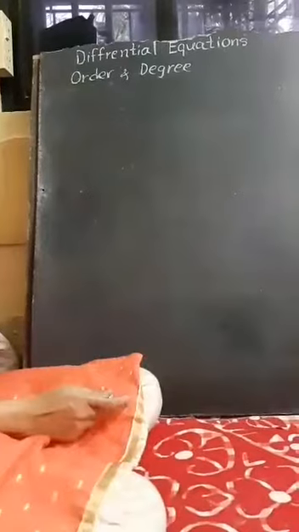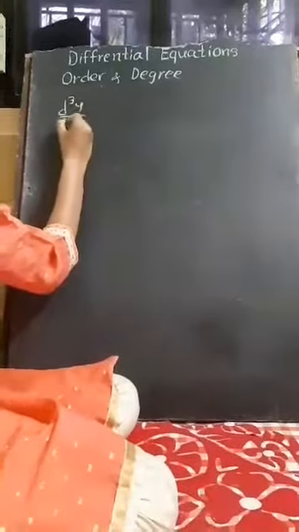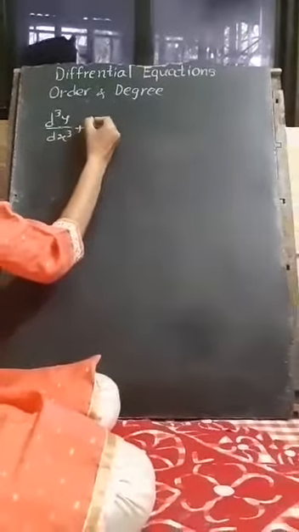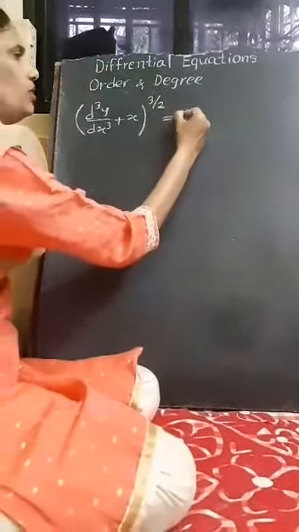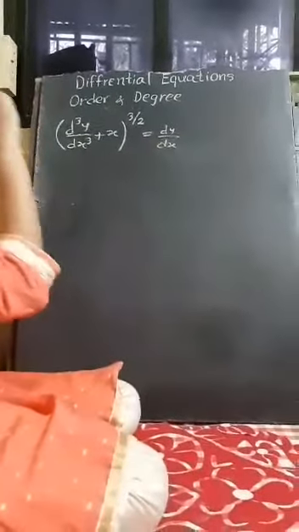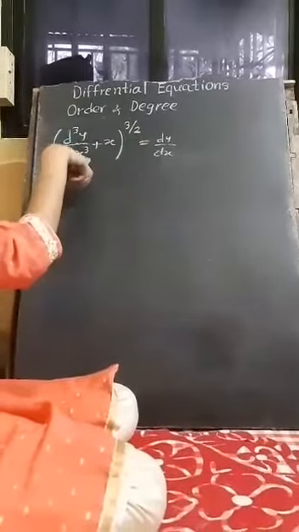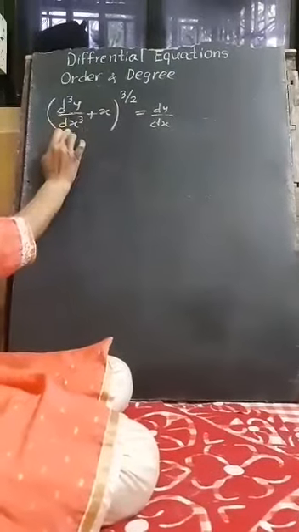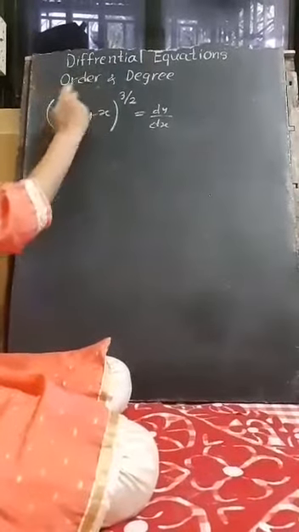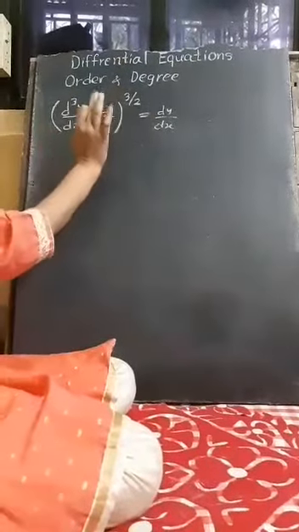So I will explain what a radical is. What I have told you is that a radical is a fractional power. So if the sum is d cube y by dx cube plus x raised to 3 by 2 is equal to dy by dx. Then here you can say this is dy by dx, this is d cube y by dx cube. So easily you can say this is a first order derivative, this is a third order derivative. So what is the order of the differential equation? Order is 3. The highest order derivative present in the differential equation, that you can tell easily.